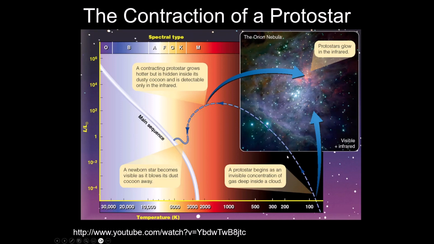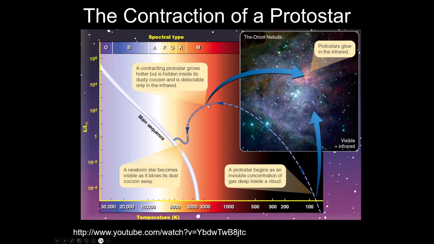All right, so our object is getting hotter. It's getting brighter. And then something interesting happens here. It reaches a peak in its brightness. And then as it continues to heat up, it gets fainter, actually, which seems really odd. Why would an object get fainter if it continues to heat up? That seems to go against our initial ideas of how energy works. In fact, sometimes you can mistake these objects for giant stars because they're pretty bright, but they're not incredibly hot. That's a clue as to what's going on here.